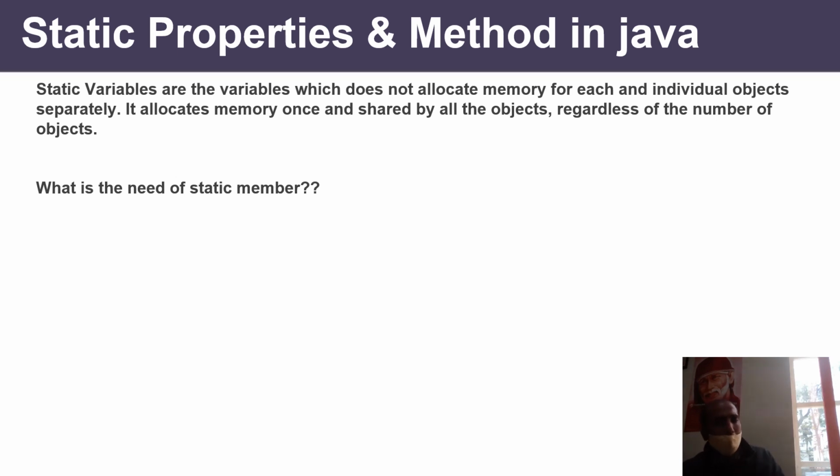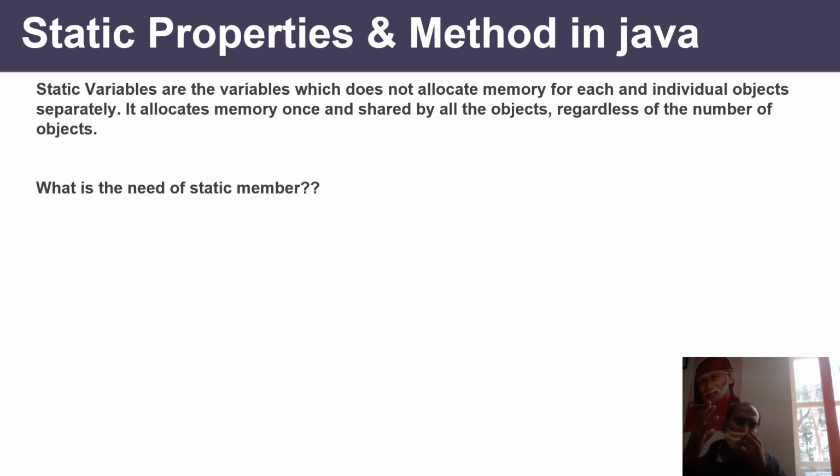Now, you know that memory is not allocated for the class. Memory is allocated for the object. So when the first student comes, I am taking the name Amit, roll number 101 and age 22. The second student comes, Sumit, with roll number 102 and age 23. This is absolutely okay. You all know that memory is allocated for the object, and each individual object requires a different memory location to store its different values.